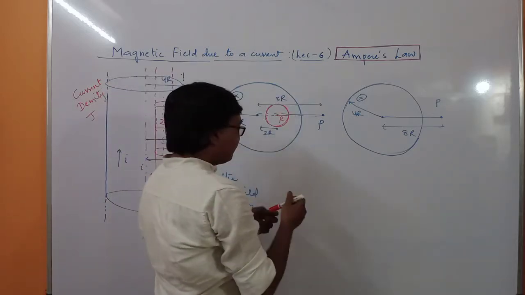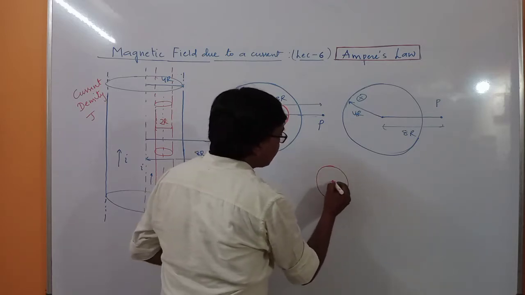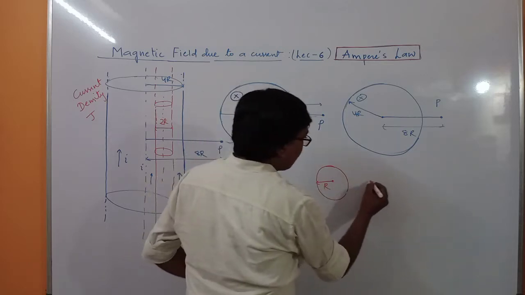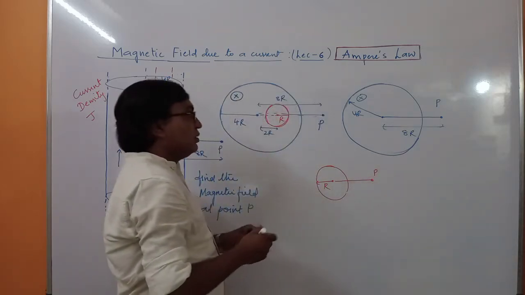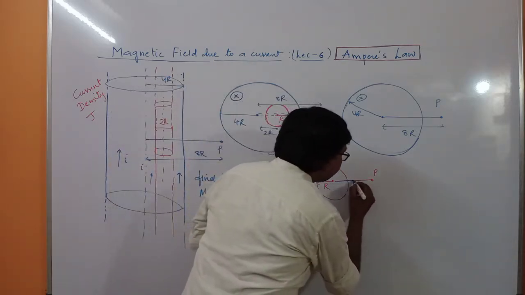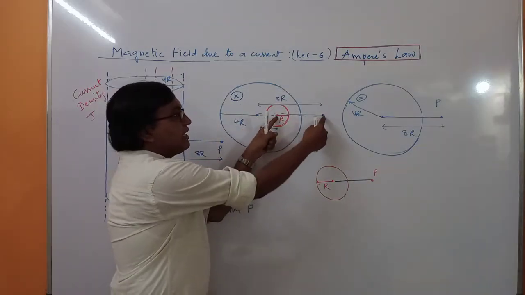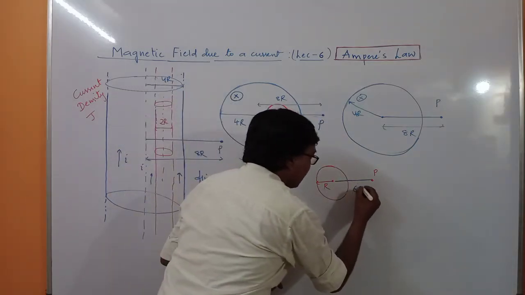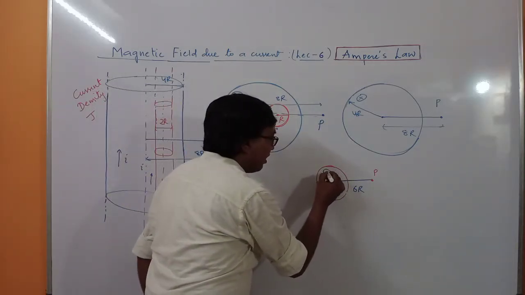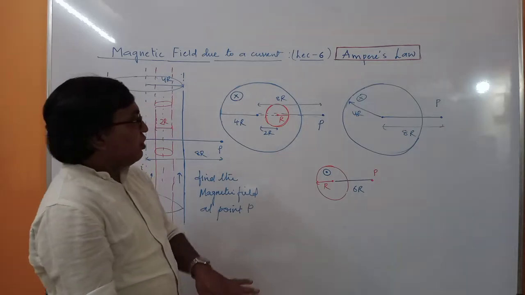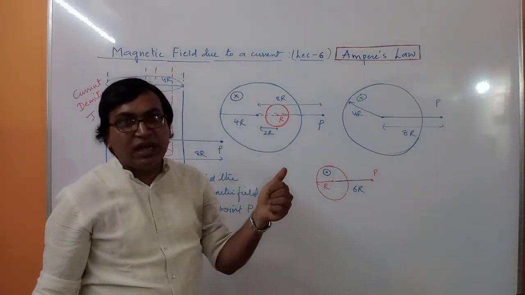This part I will draw like this. So this radius is r. We want to find the magnetic field at point P. So this point P is here. Now this distance is 2r, and from here it is 8r. So from here it will be 6r, at a distance of 6r. Here we will assume the current to be flowing outwards. So if you place this here, then here we have current inside and here we have current outside.